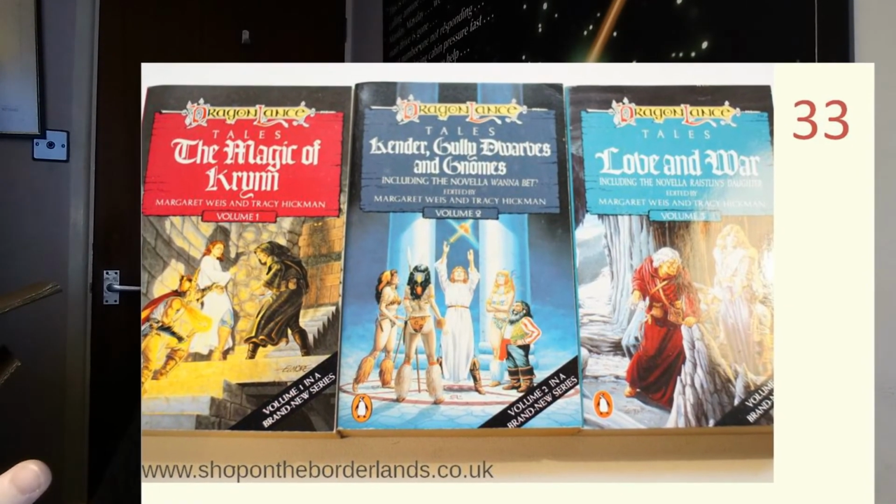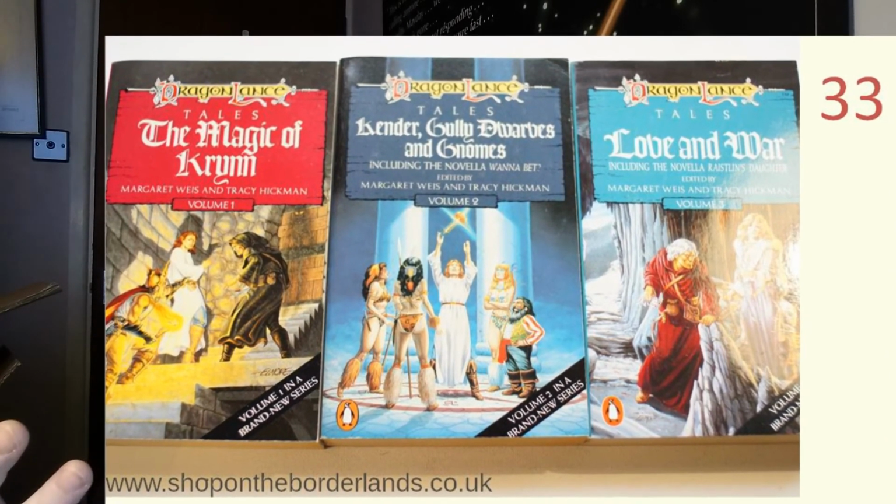It started off, the idea was to have a series of modules for first edition AD&D based around each of the types of dragons. Margaret Weiss and Tracy Hickman, the series creators, sort of moved on quite a bit from that to create this huge epic, which would be told partly through AD&D adventures and partly through novels, which TSR and another mainstream publisher, was it Penguin, published. And it was fantastically successful. And the novels were bestsellers.